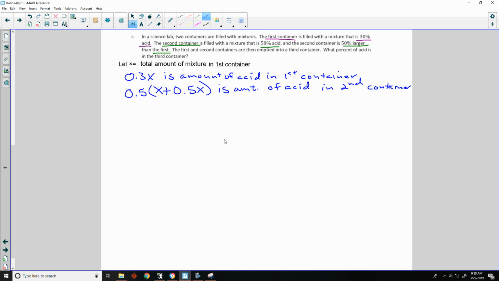Okay, so now we need to come up with an equation. We need to add these two, because it says what percent of acid is in the third container, which is the total of the 2 containers. So we would say 0.3x plus 0.5 times 1.5x, I just added these two, equals